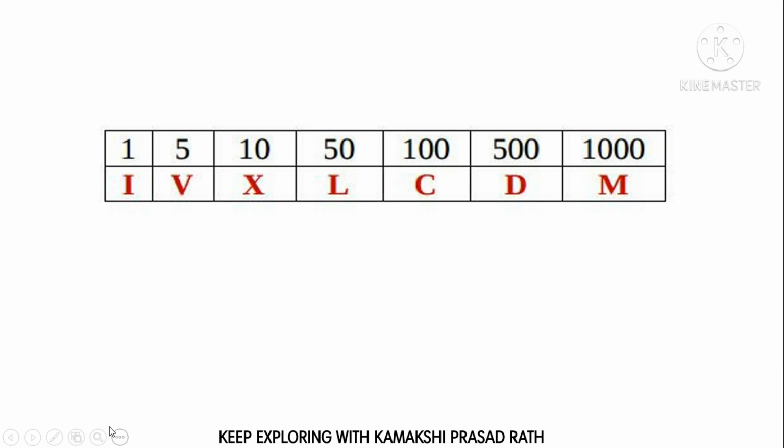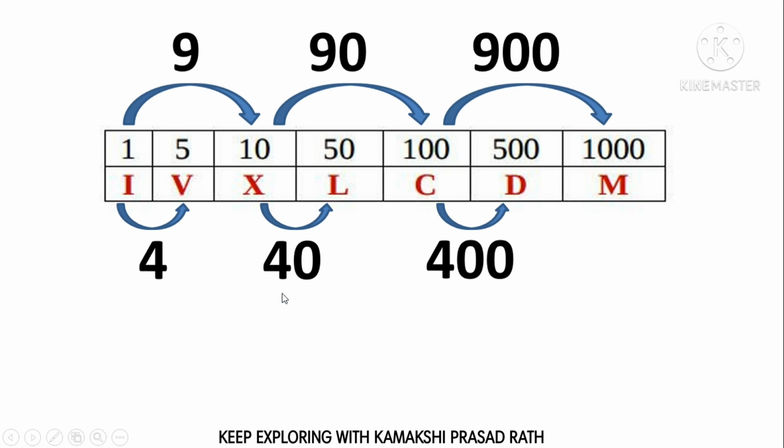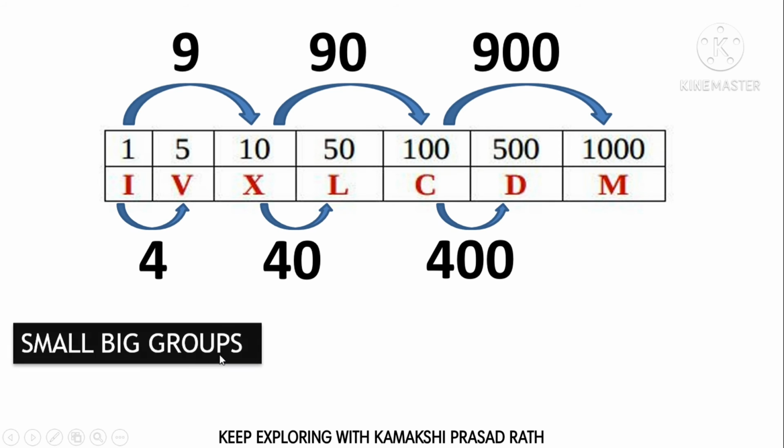Next, now here we can see the subtraction rules easily. Now you can see we have written in an order. It is in the increasing order. As you can see here, I, V, X, L, C, D, M. These are in the increasing order from small to big. So first IV means 4, that is 5 minus 1. Then XL 40, CD 400, and IX is 9, XC is 90, and CM is 900. So you can see here, these are the small big groups used in any Roman numeral. So these are the 6 groups you will get anywhere.